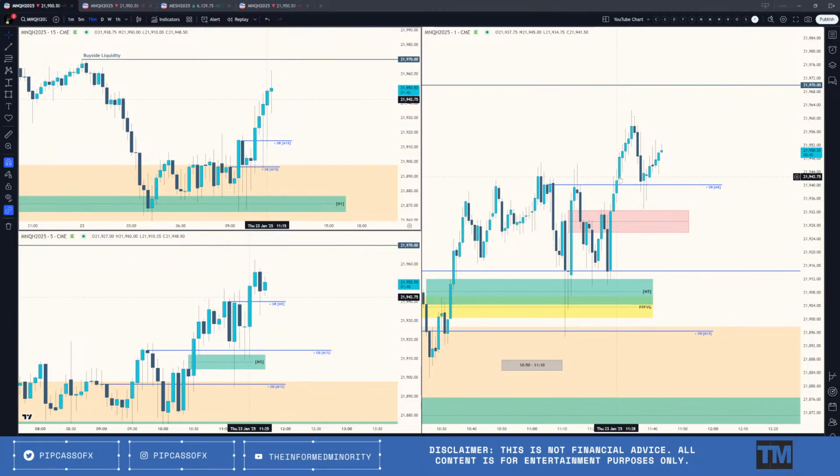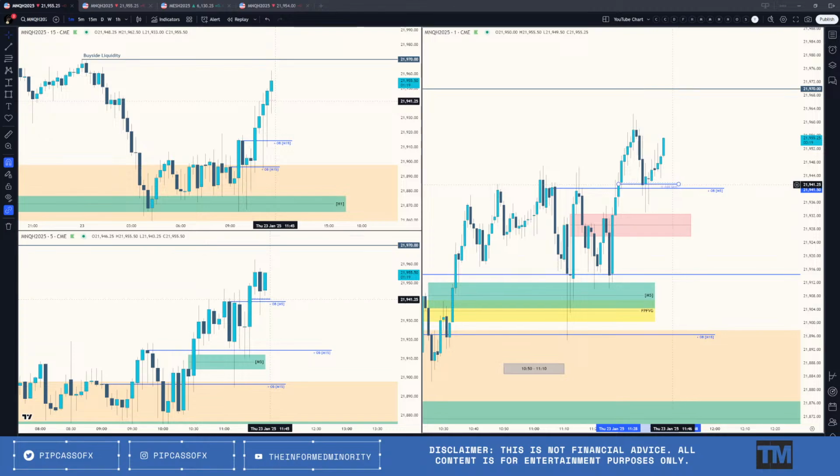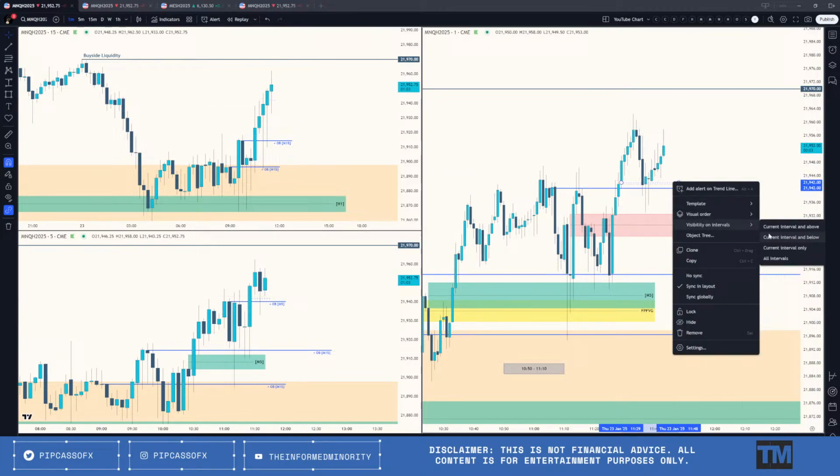Yeah, we also have a volume imbalance here that I just saw that we held as well. So that's good, especially how ICT explains it as one of his weaker ones. If this can hold it, then that's letting you know a little bit as well. Yep, there we go. So that's a volume imbalance there, also in the upper portion of this fair value gap on the 5-minute chart. So that's a good area.